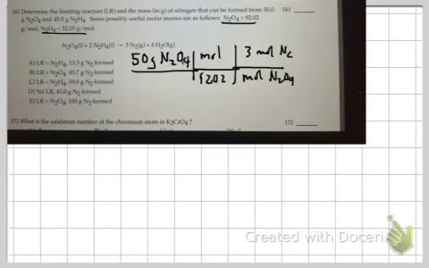And the other one is going to be 45 grams N2H4,